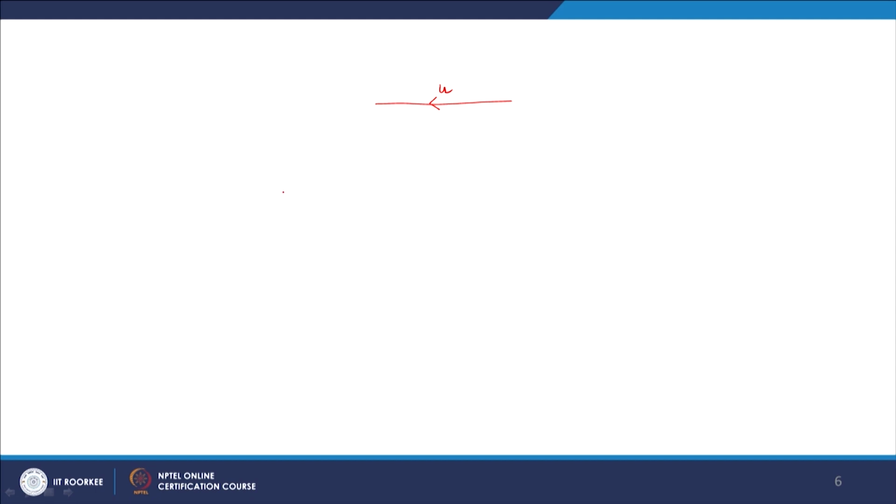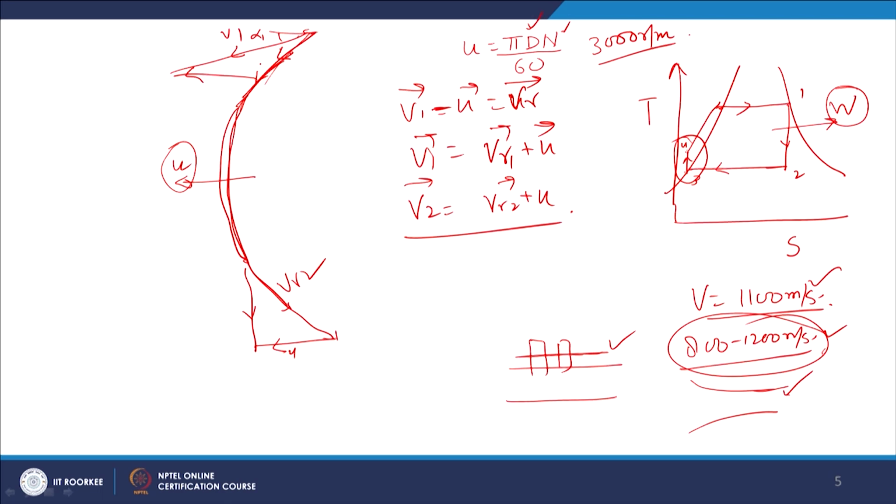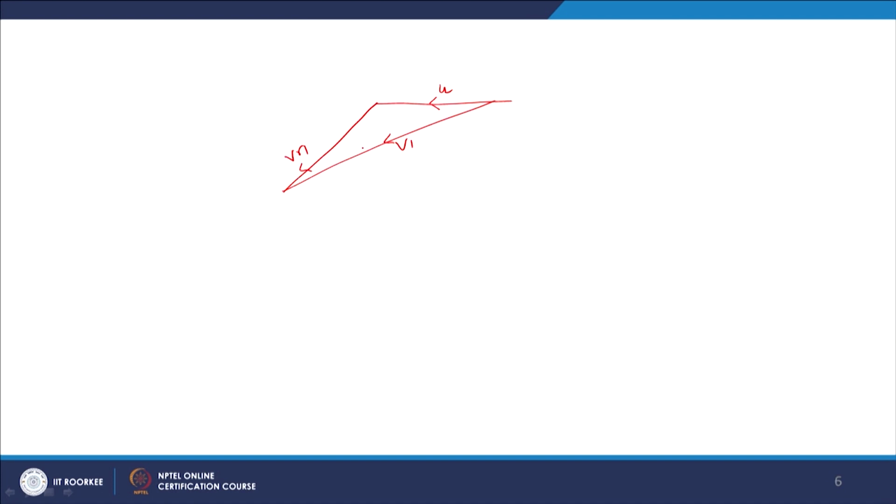This is VR1, relative velocity. Now, this is going to be the absolute velocity at inlet, as you can see here. We have just transformed the vectors. So, we have drawn one vector parallel to this, and one vector parallel to this from here, and we have simply drawn this triangle.